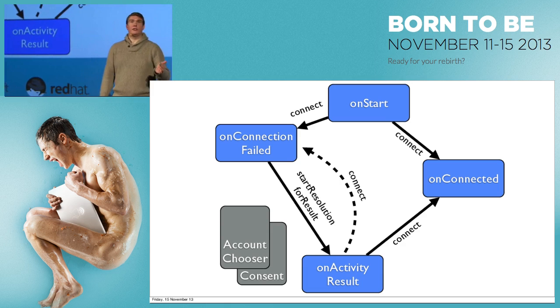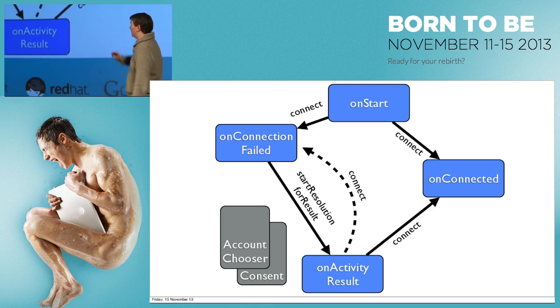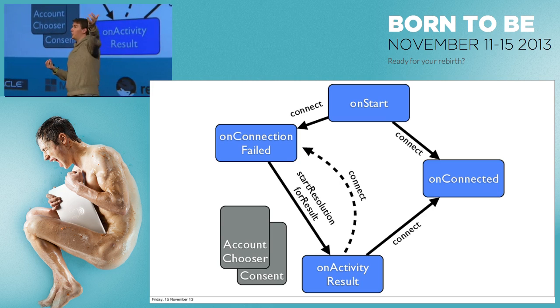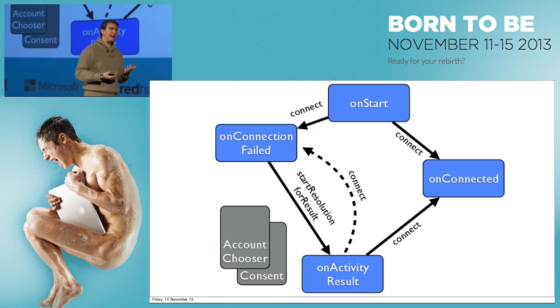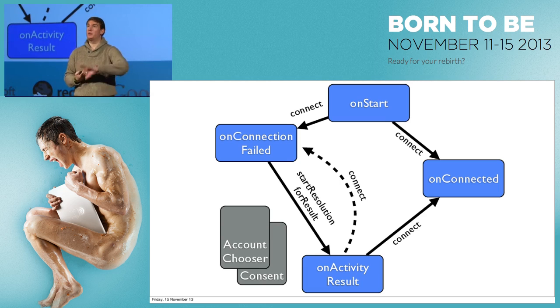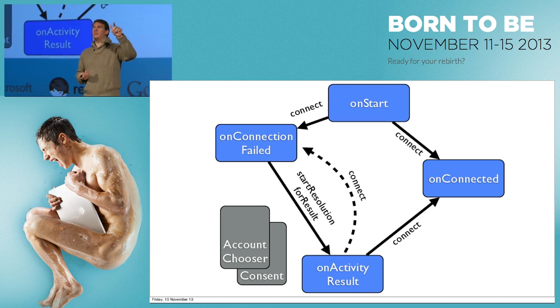So when we start our activity, we can connect to Google Play Services with a Plus Client connect. If it fails, so if the user has not signed in or we're asking for more scopes, we will get an onConnectionFailed callback, and with that we'll get a connection result, which we'll store. We don't do anything with it at that point. We only do something with it when the user presses the sign in button. So we know when we get that callback, we're in an anonymous state, and we can do whatever we need to. When the user presses the sign in button, we then resolve the error on that connection result.